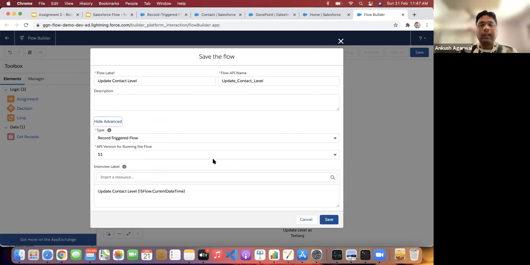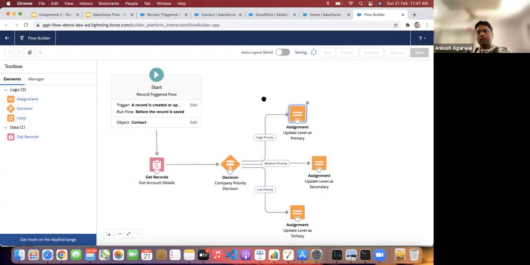So they will not take care of whether the user has access or is authorized to update or not. Similarly, Apex triggers also work in the system mode. So this is a similar kind of thing. So always it will run in the system mode. Okay. So I'm just saving it, and we'll just activate it.